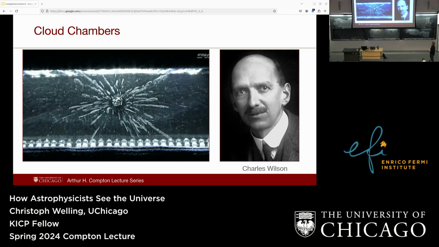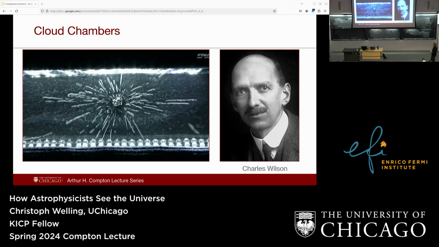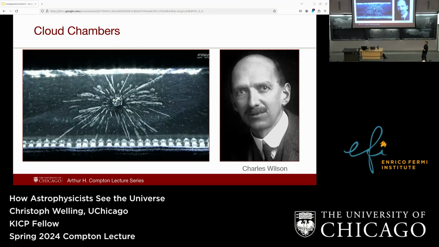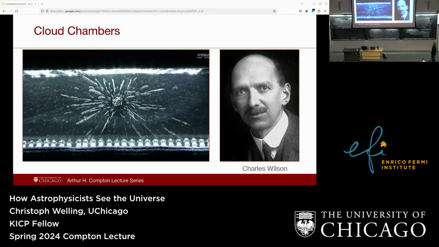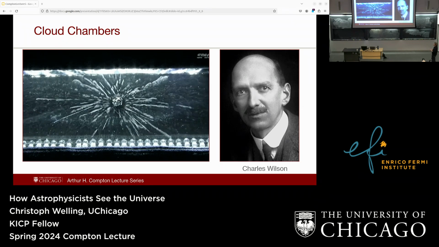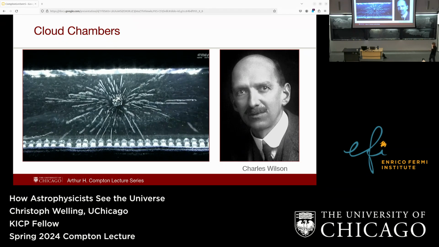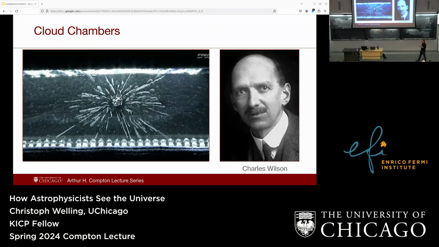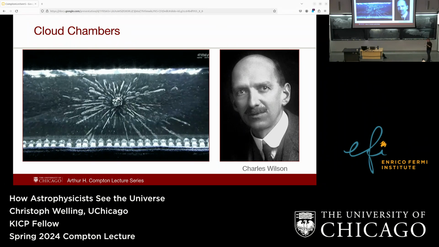So this is one of these cloud chambers. Today, usually if you build them yourself, you use alcohol. And someone put a piece of uranium in the middle just to make it more dramatic. And you can see that there are these little streaks moving out. That's because you have this ionizing radiation, and these ionized atoms that you get can cause clouds to form.